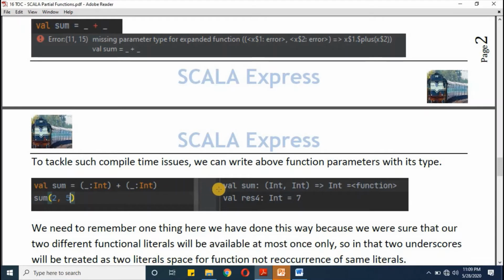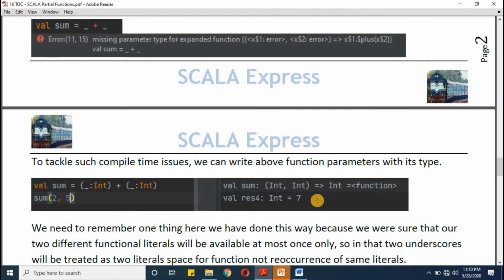When you execute this, Scala will define this function which will have two parameters of int type, and while calling this function you will pass these two arguments 2 and 5 inside the sum, and it will get us the addition outcome which is 7. We have defined this sum function with two placeholder literals because we were sure that we are going to get at least two values in order to do the sum, and these values are not going